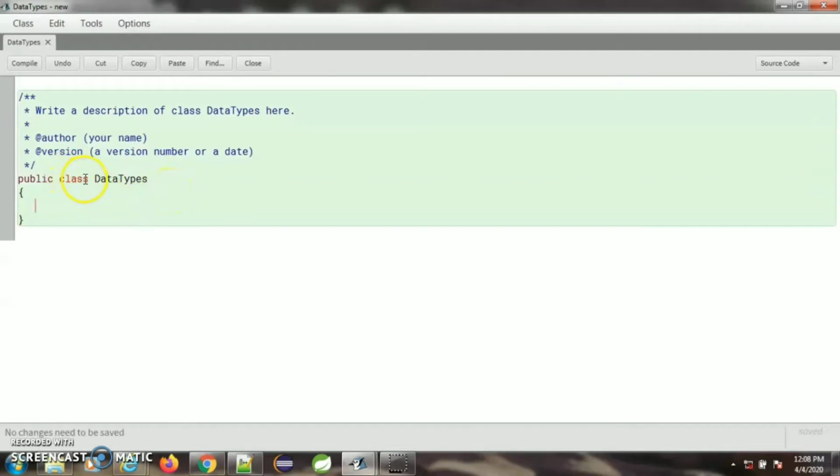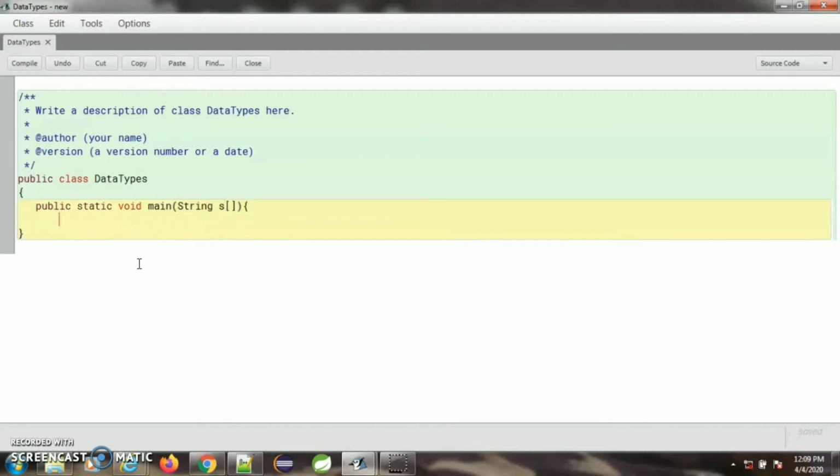Now we have only the class definition here, but if we are going to execute anything, any line of code, we'll have to write the main method. If there is no main method, our program will not do anything because it is the starting point of our program. Okay, whenever our program starts, it will start from the main method. So if you don't have main method here, it will not do anything. So let me declare main method public static void main string s.